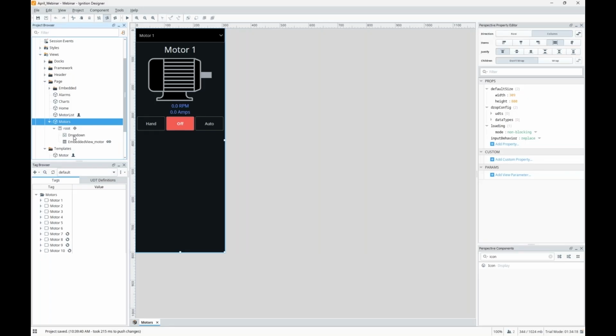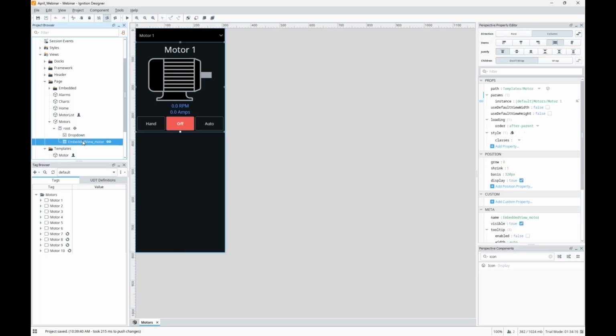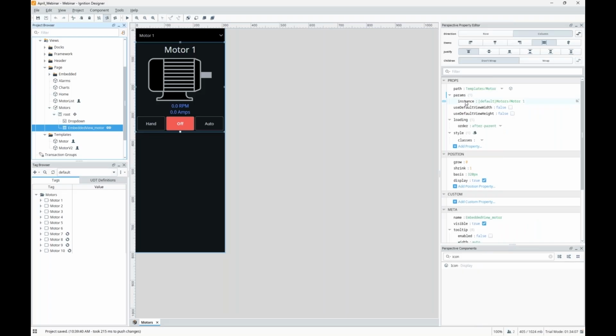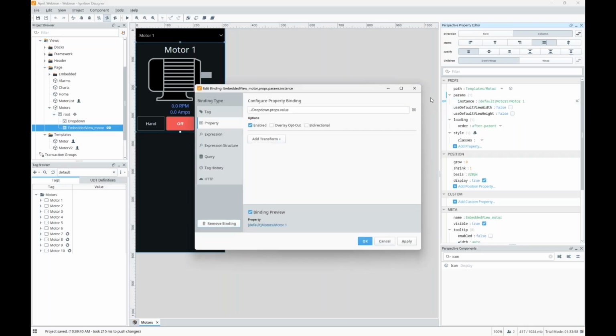You can see over here on the tree structure, I have a drop-down component and I have an embedded view that's looking at my motor template, which is defined right here. Now, this motor template has one basic parameter, and based off of this parameter, I'm looking at a different motor, right? I'm just passing in a tag path there. This parameter is bound to my dropdown.